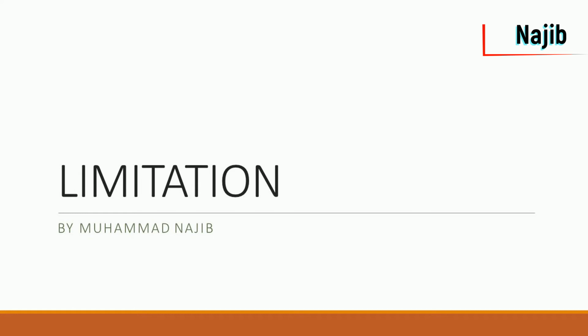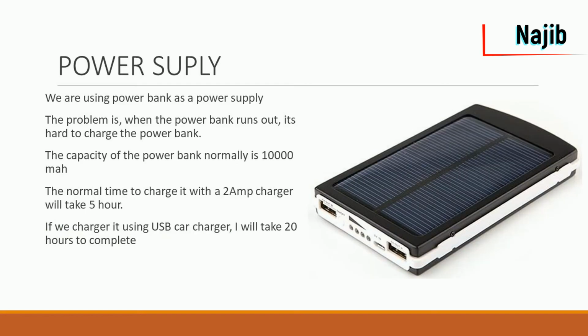We are using a power bank as a power supply. The problem is when the power bank runs out, it is hard to charge. The capacity of the power bank is normally 10,000 milliampere hour. The normal time to charge it with a 2 ampere charger is 5 hours. But if we charge it using a USB car charger, it will take 20 hours to complete because the output current